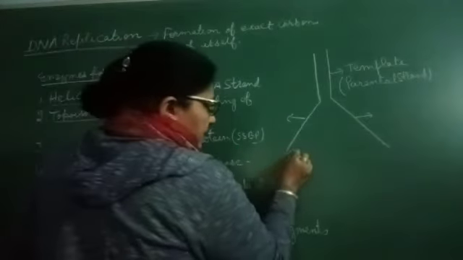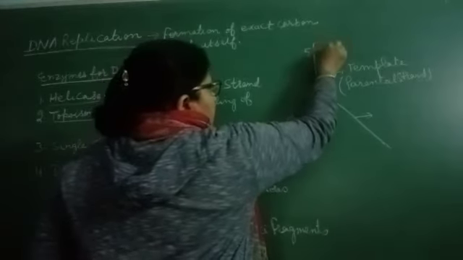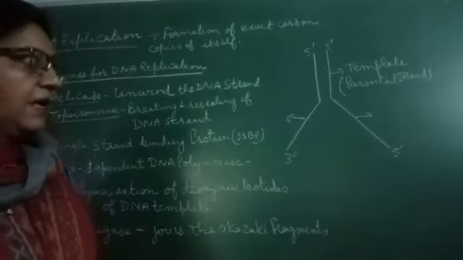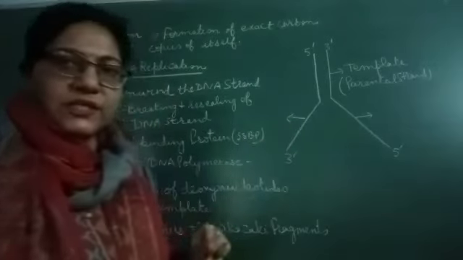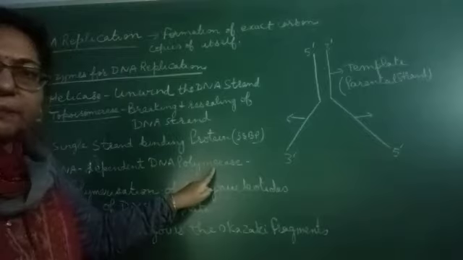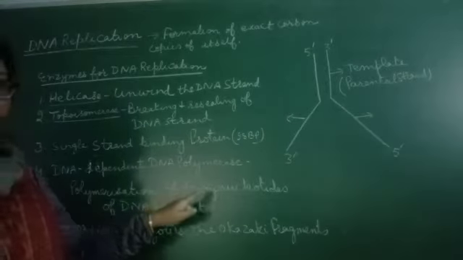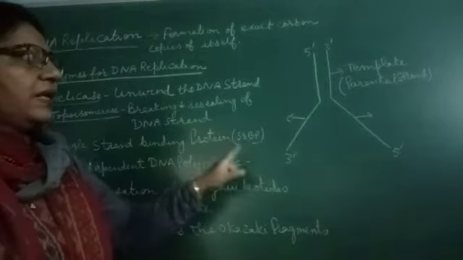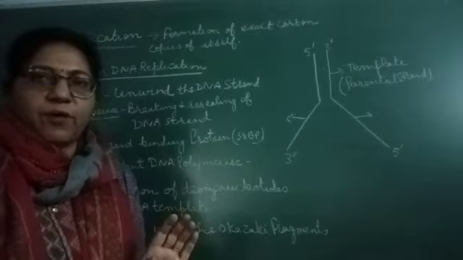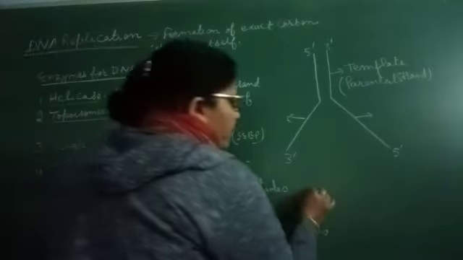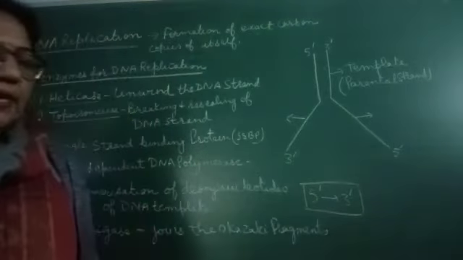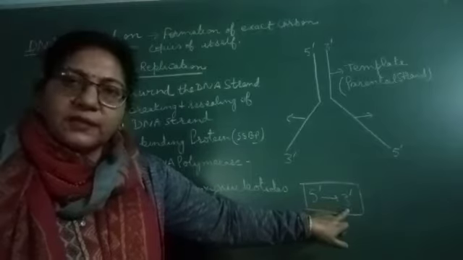So here that is 3' to 5', they are anti-parallel to each other. Now how will they form the complement with each other? That is with the help of the enzyme DNA dependent DNA polymerase. This is a very important enzyme which plays a very important role in the replication, and we know that whenever the new strand is going to be formed, it is with the polarity of 5' to 3'. The polarity of the new strand is always from 5' to 3'.